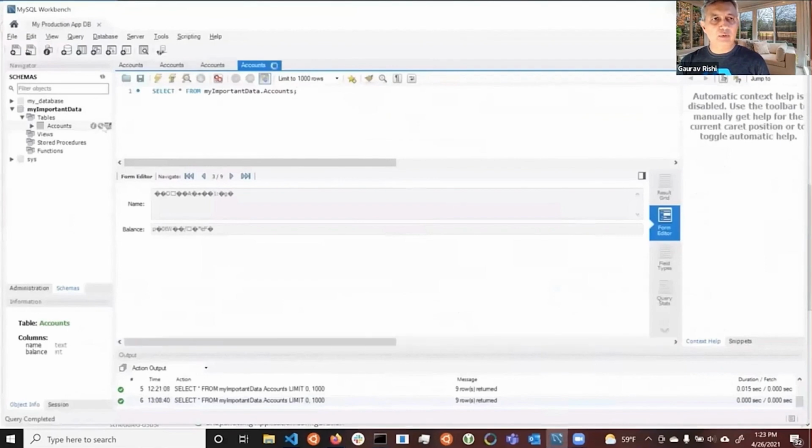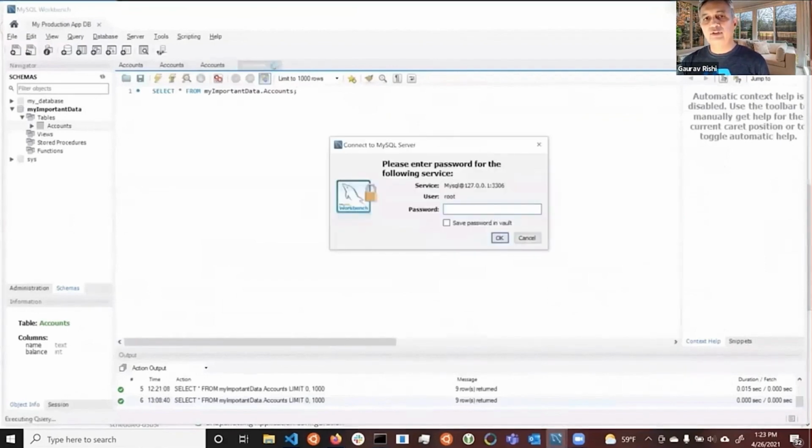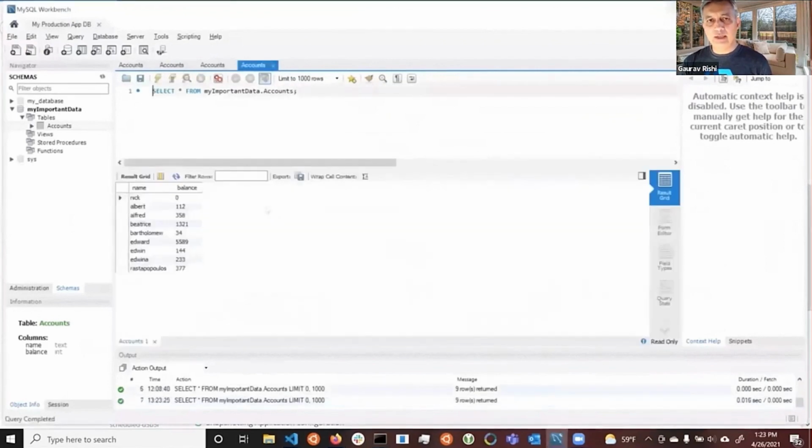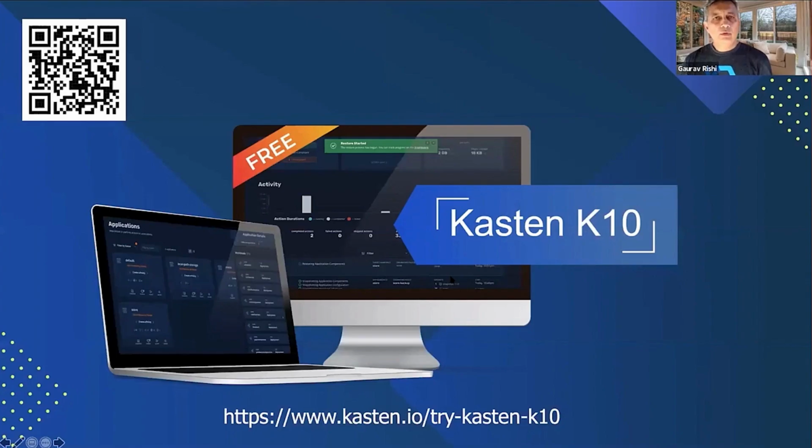And now let's go back to my SQL workbench and see if the data actually has been restored. If you remember, it had been previously encrypted because the ransomware attacker had successfully gone ahead and encrypted it. But here is the data, and that just demonstrates that we can successfully recover very quickly, both from an S3 credential loss as well as somebody taking over your credentials on the Kubernetes cluster side. So with that said, I hope you can see that Kasten K10 can completely protect your entire